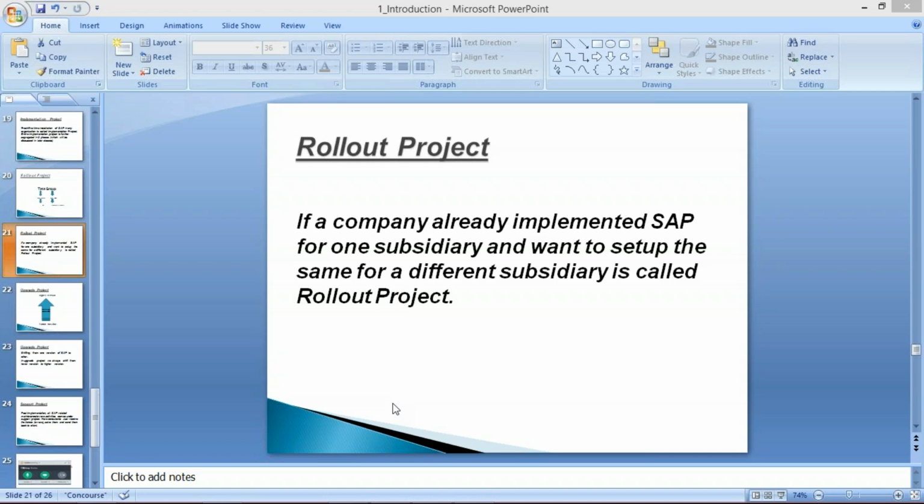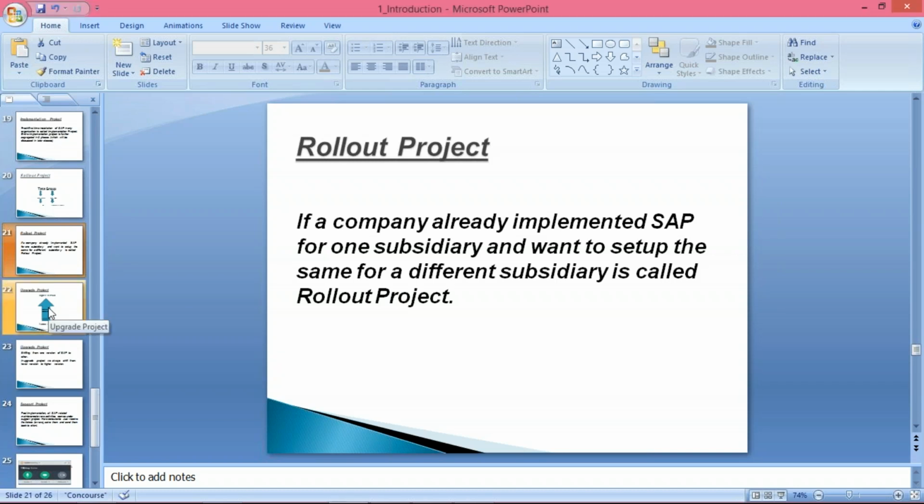So now, as I said, rollout project means the same installation of SAP for a different subsidiary, under the same group company. That is called a rollout project. Now look at the next project. The next one is called